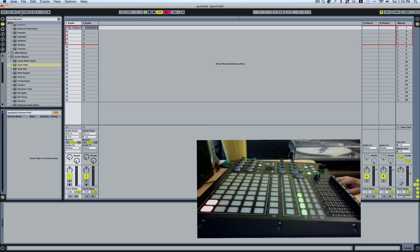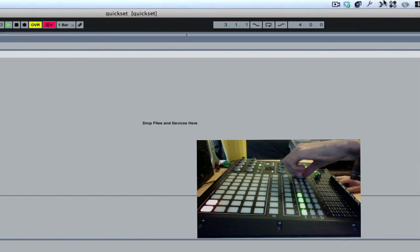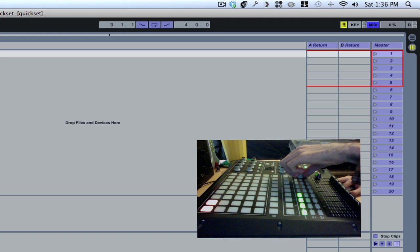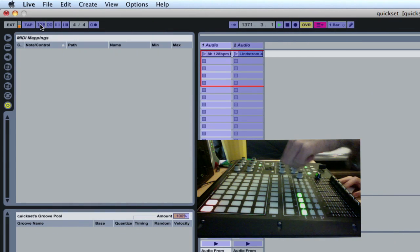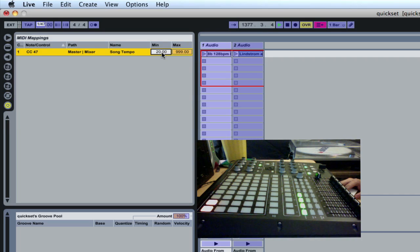For example, our tempo here, we're going to want to assign a knob to that. And I'm going to use our cue knob, because the last thing I want to do is assign it to something like this here that can get bumped. If I assign it here, we should be good. So I'm going to hit MIDI and I'll just twist this knob, and now we've got our tempo set. I'll set mine to 100